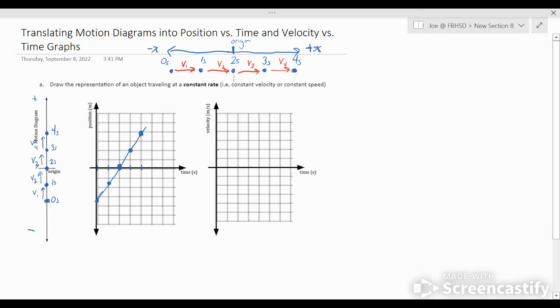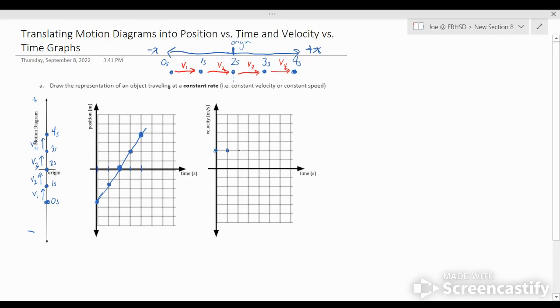For example, if it's 4 meters per second, that 4 meters per second would stay the same for each of those 4 seconds. And then you would get